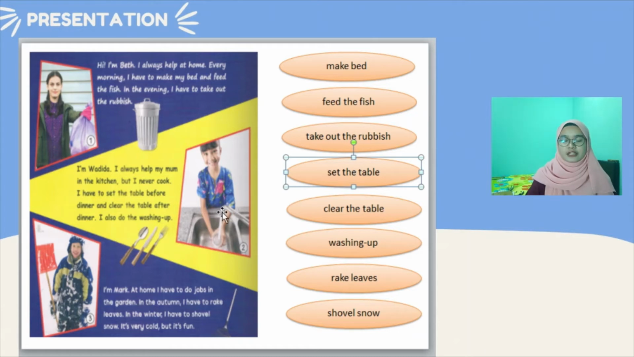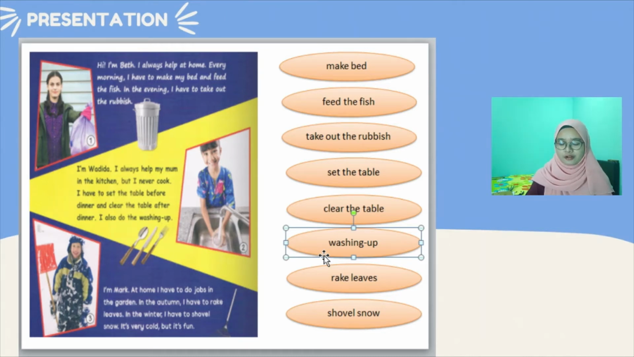And it is also mentioned that Wadida has to clear the table after dinner. Clear the table after dinner here means that we put away the used plates and make sure that our dining table is clean and clear from any dirt. Okay, and the last housework mentioned in the reading text is washing up. Washing up here means the process of washing used kitchen utensils, used plates, used glasses, and also used